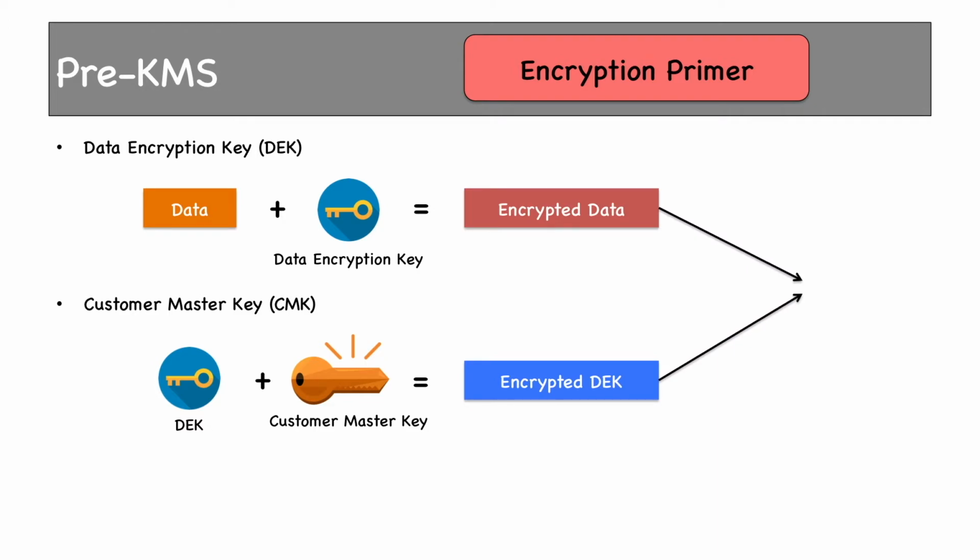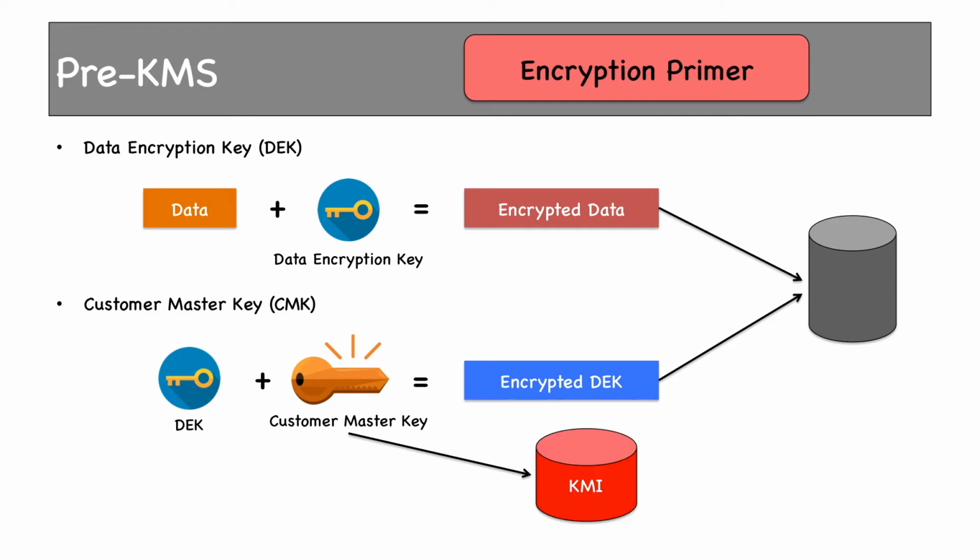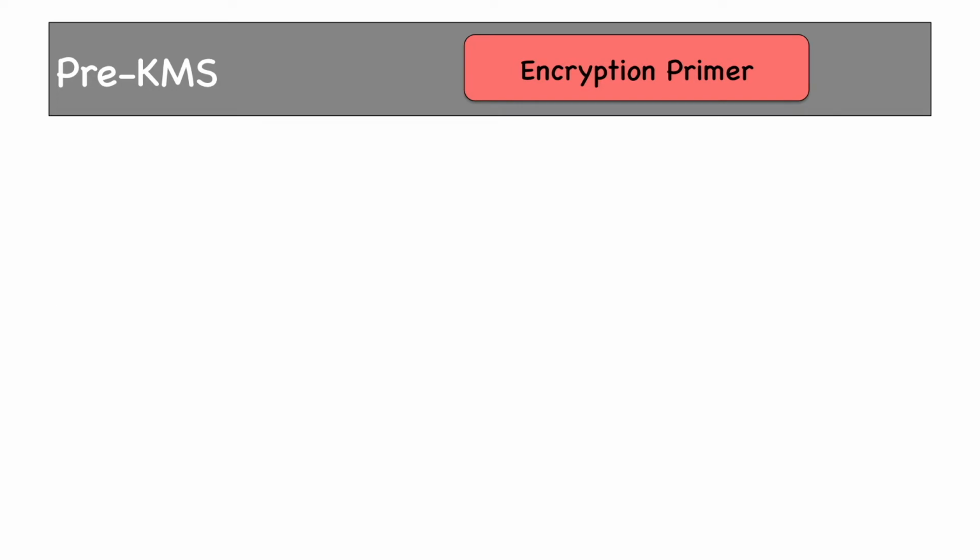Typically, encrypted data and the encrypted DEK are stored together in the same storage device, whereas the CMK, or customer master key, is stored in a place called the key management infrastructure or KMI. KMI is a very highly secured place. Keys can never leave the KMI unencrypted. In KMS, AWS manages the key management infrastructure for us. If this is not desirable, then you can use another AWS service called CloudHSM, which is a KMI service provided to store CMKs. The final concept which we'll be discussing would be envelope protection.